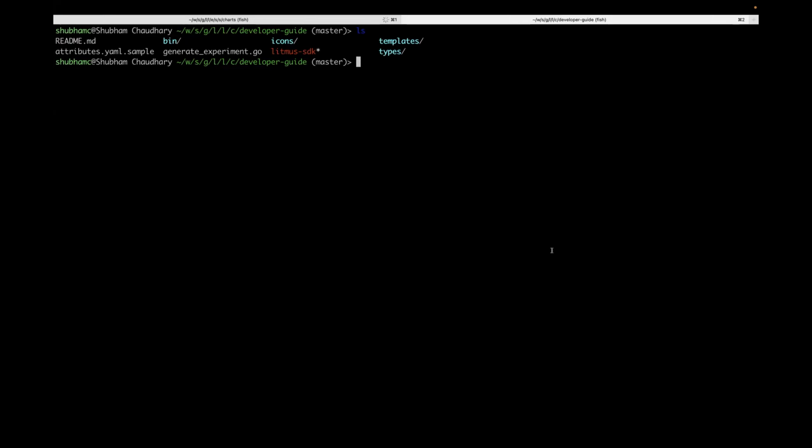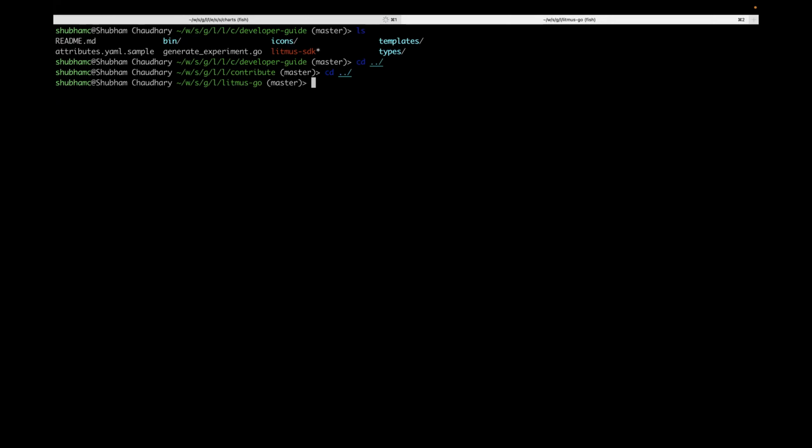Sorry to interrupt again. One more question: when we are creating the experiment, making the changes to the Go file and building the image, would this SDK take care of updating the Go mod and Go sum files, or do we need to do that? By default it will import all the packages that are required.